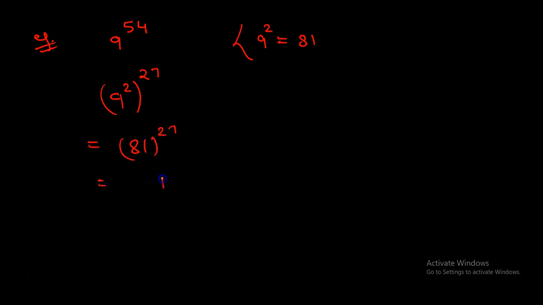This is 1, so 1 will be over here, and 8 and 7, 8 into 7 is 56, so unit digit of 56 is 6, so we can place 6 over here. So last two digit of this one is 61. Now what happens when we have the number like this: